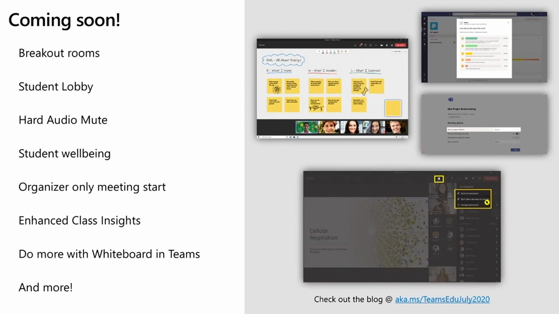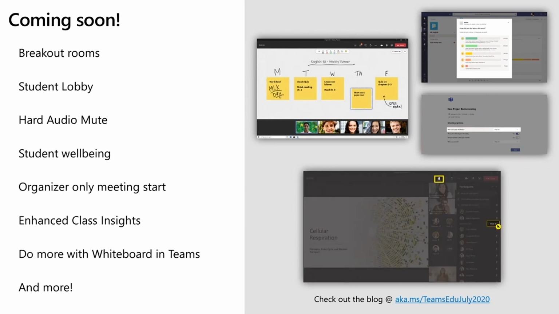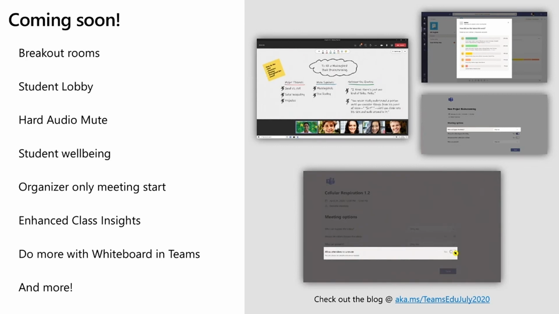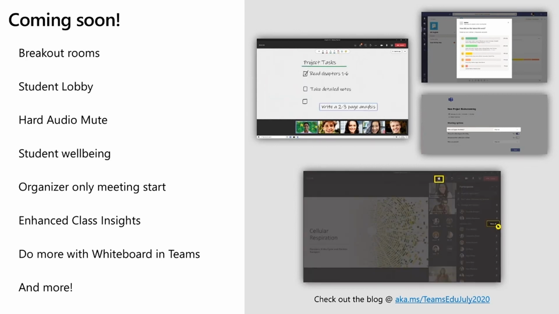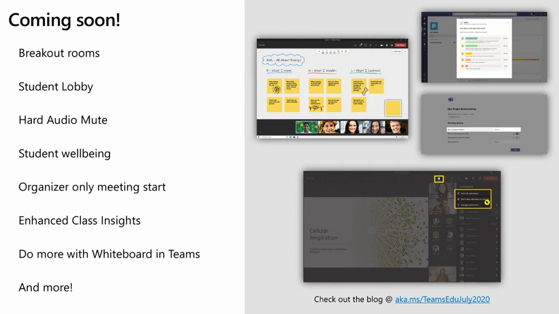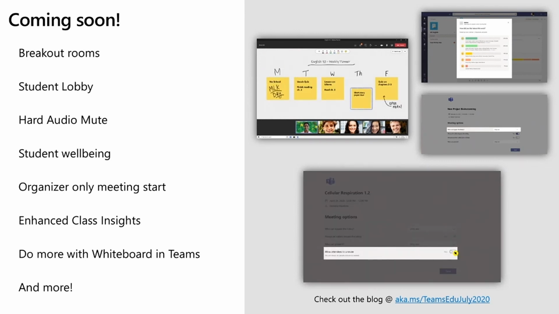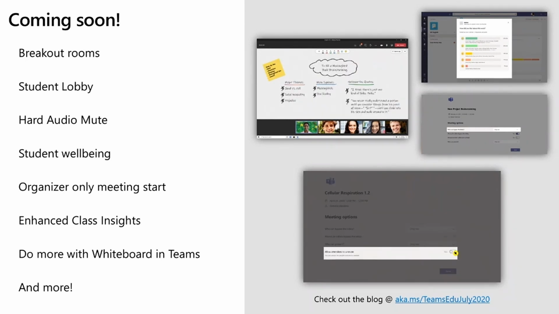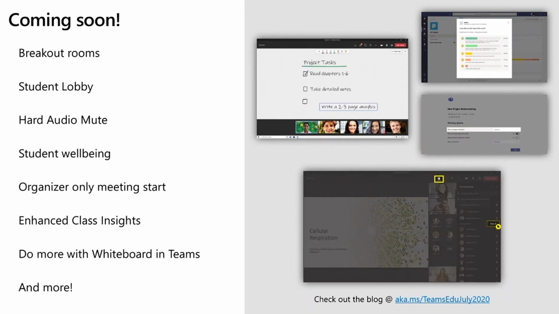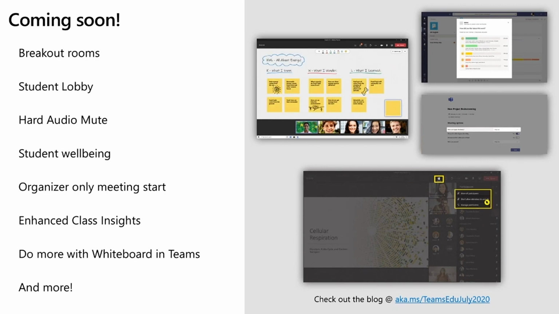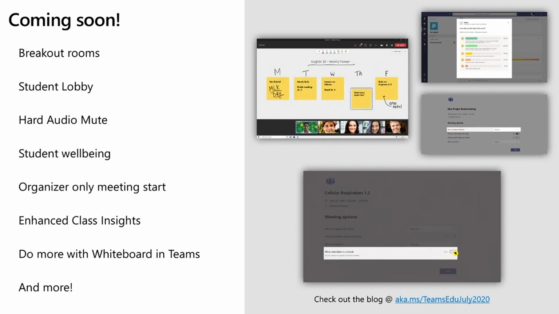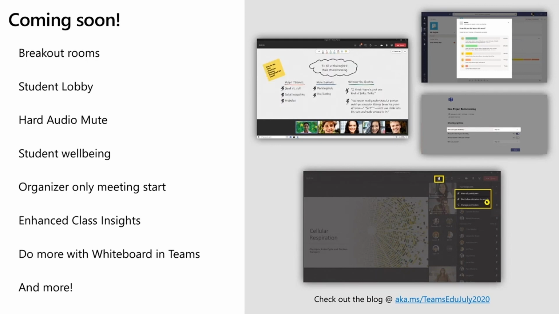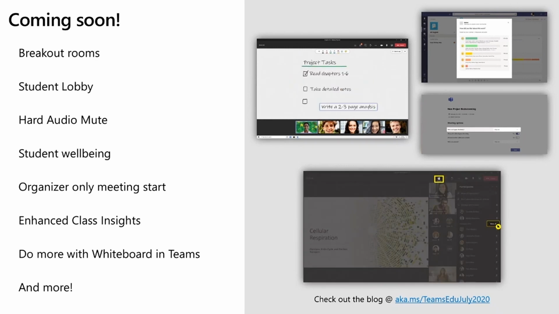So today, this is available for educators, but you do this, let's say, class by class, meeting by meeting. What's coming? It's the control for the IT team, so they can define this school-wide, university-wide, so you don't need to do this at every time you're joining your class. We're also bringing the ability to hard audio mute everyone. So basically, you mute your students, and they won't be able to come out of mute. They will be able to ask to come out of mute, and then you decide whether or not that's going to happen. So we're working on that as well.